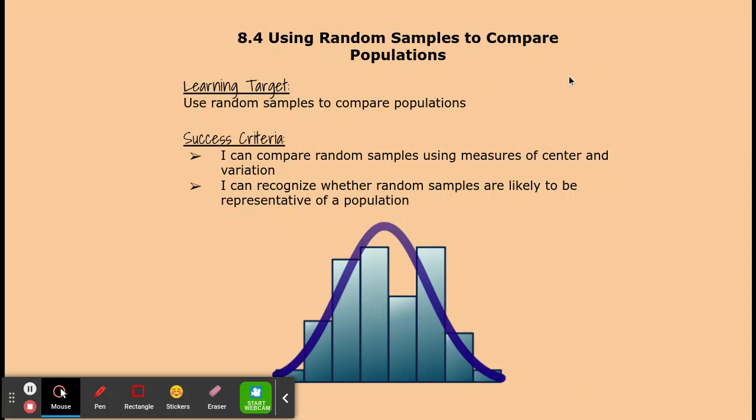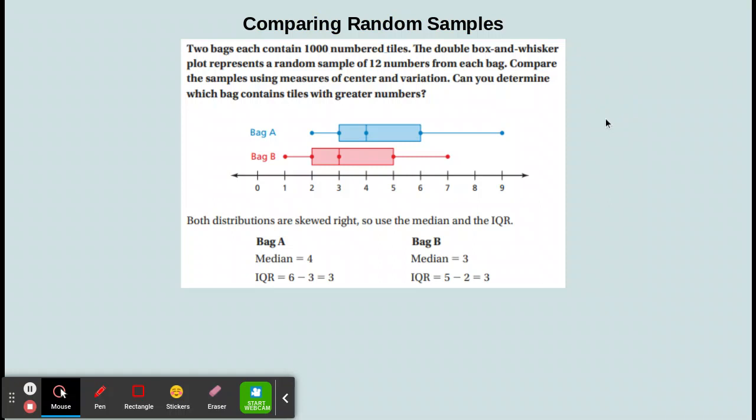8.4, using random samples to compare populations. In this section, we will use random samples and compare them to see if we can draw any conclusions about the population. So in this situation here, we have 2 bags that contain 1,000 numbered tiles, and we're going to